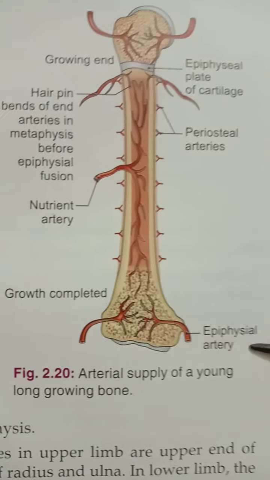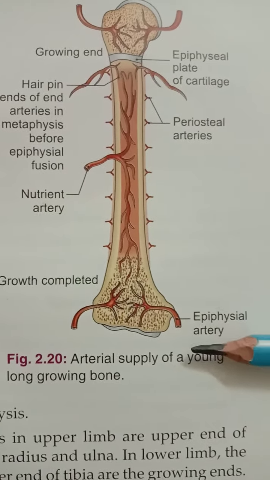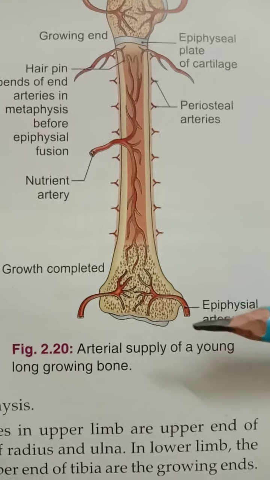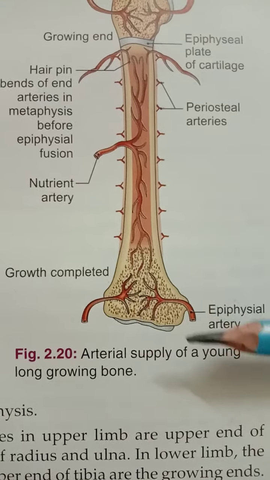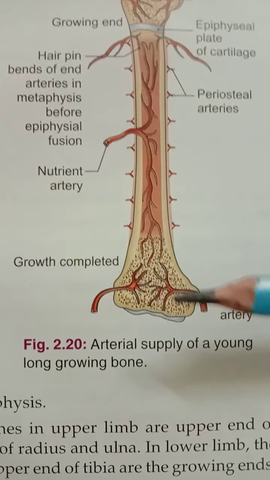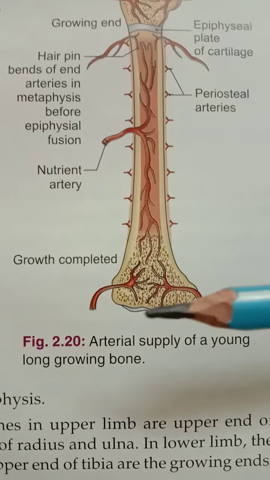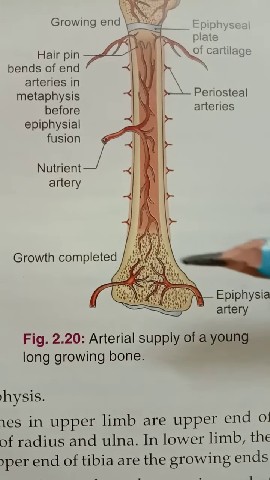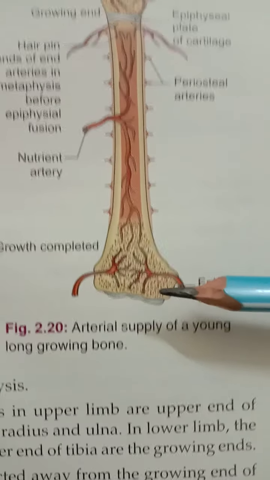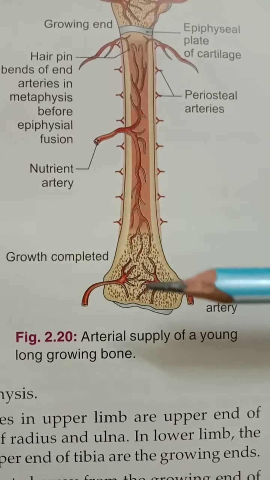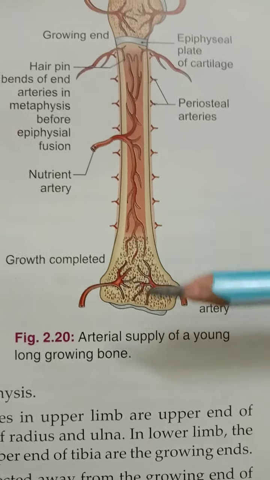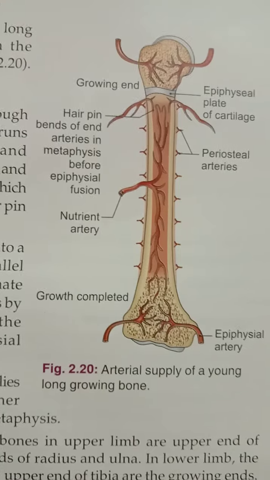Then the epiphyseal artery. So the epiphyseal arteries are derived from the periarticular vascular arcade found on the non-articular bony surfaces. Out of the numerous vascular foramina in this region, only a few admit the arteries, that is the epiphyseal and the metaphyseal. The number and the size of the foramina may give an idea of the relative vascularity of the two ends of the long bone.